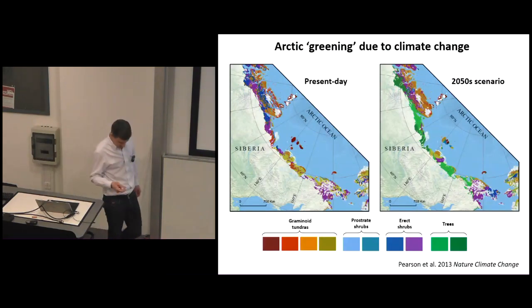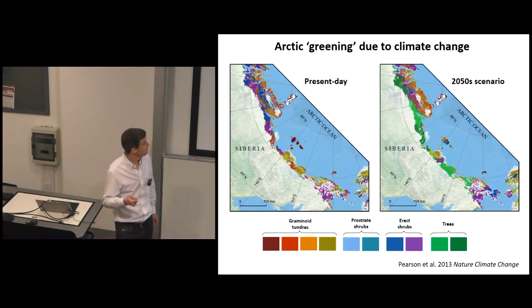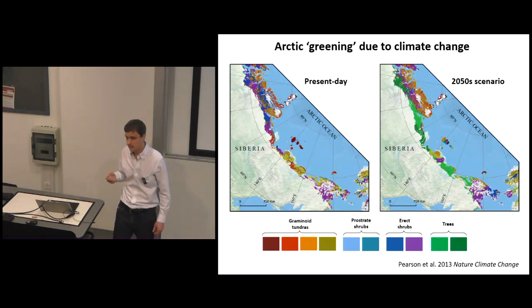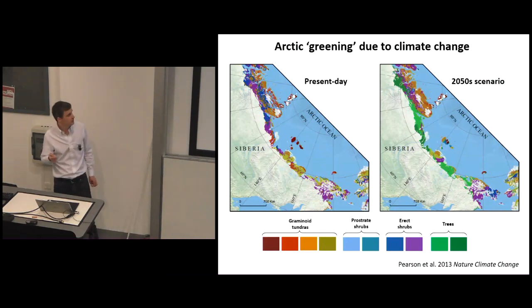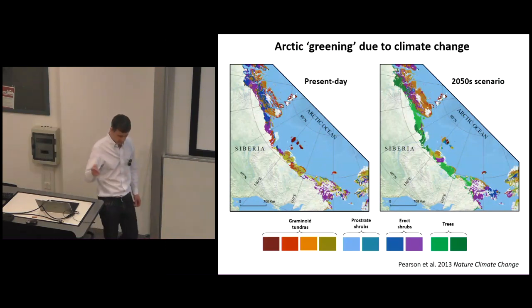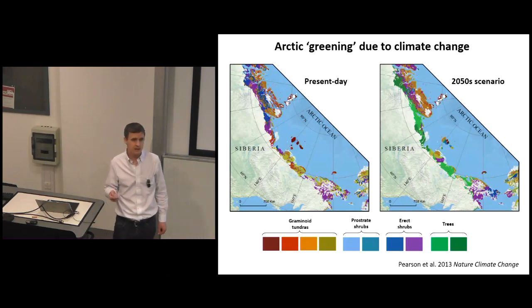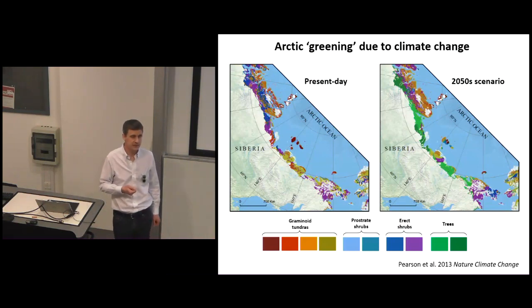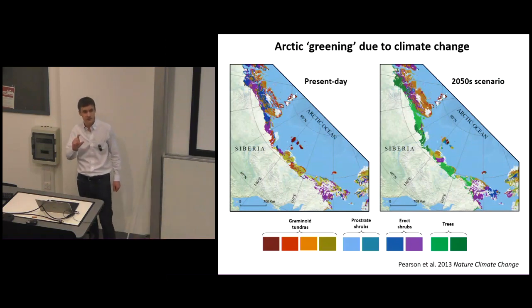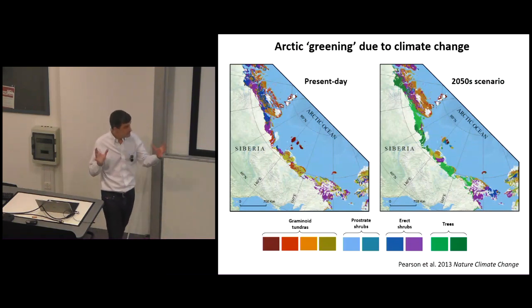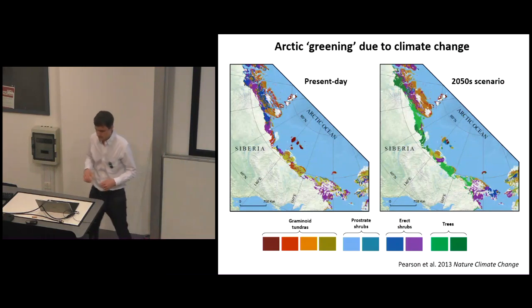So again, in the interests of getting through a number of examples, I'm going to skip through some of the key methods here, but we use multi-class species distribution models. We run a whole bunch of different climate scenarios. We test lots of different algorithms for doing this. We test lots of different general circulation models, so different climate models. This is just one example output.